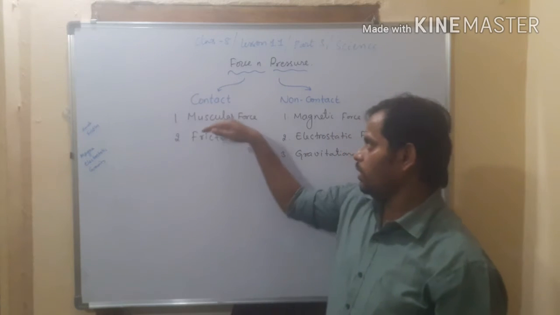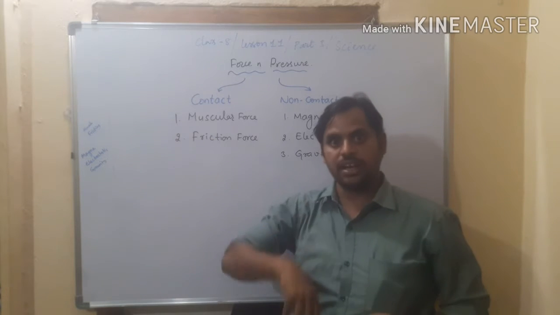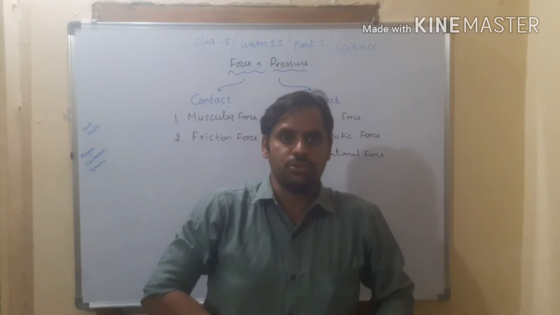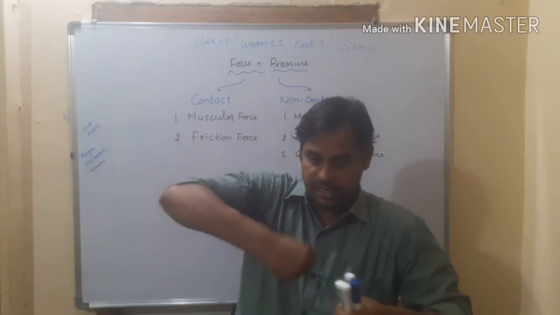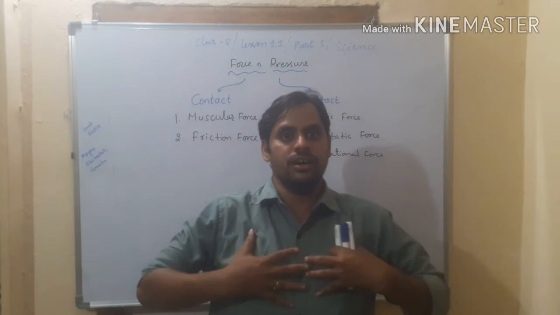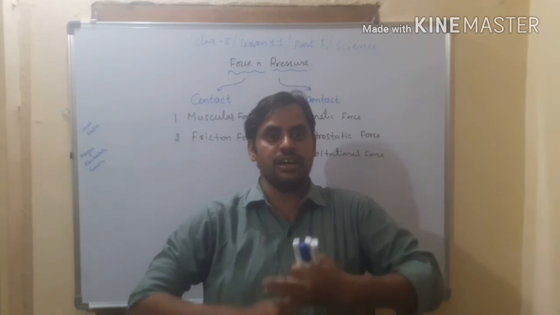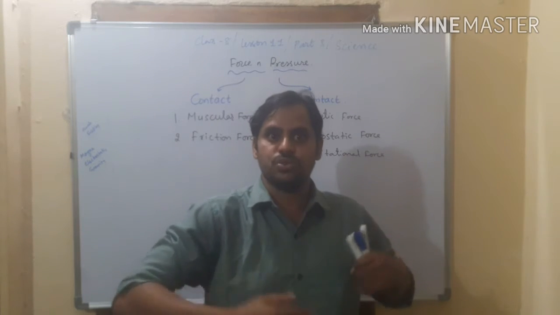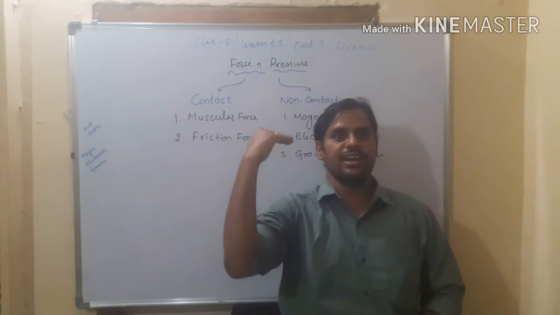Even internally, muscles do work and apply force, which we can't see. For example, whenever you eat, the food enters your stomach by the movement of the esophagus. The esophagus, the food pipe muscles, push the food inside. Your lungs expand and contract, and the diaphragm changes its shape in breathing. So breathing also involves muscles present in the chest. They pull or push to breathe in and out. Like this, muscular force is a direct contact force.